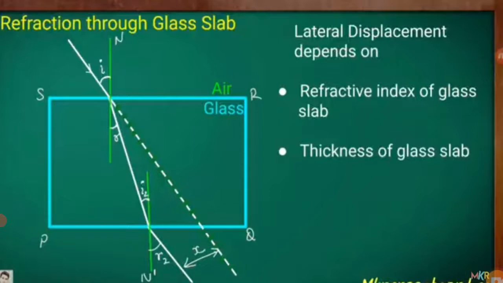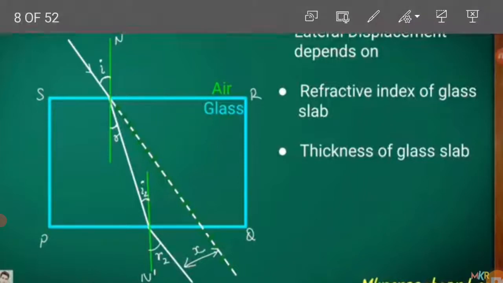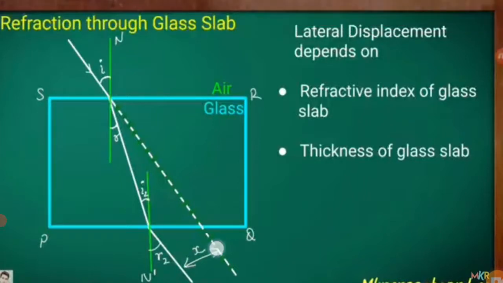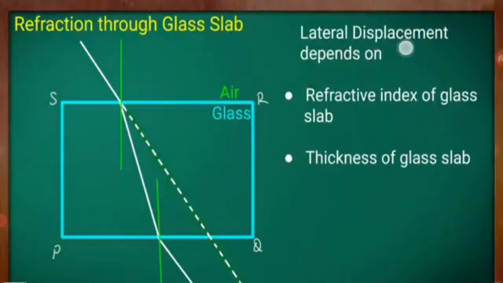Now this is the actual refraction that is taking place through the glass slab, and here refraction takes place twice, first when it enters from air to glass and second from glass to air. If the light ray were not refracted and followed the rectilinear property of light, then the light ray would have been straight like this, isn't it? But actually the emergent ray is this one. Therefore, what is the difference between these? We will indicate it with the letter X. So this X is nothing but the lateral displacement.